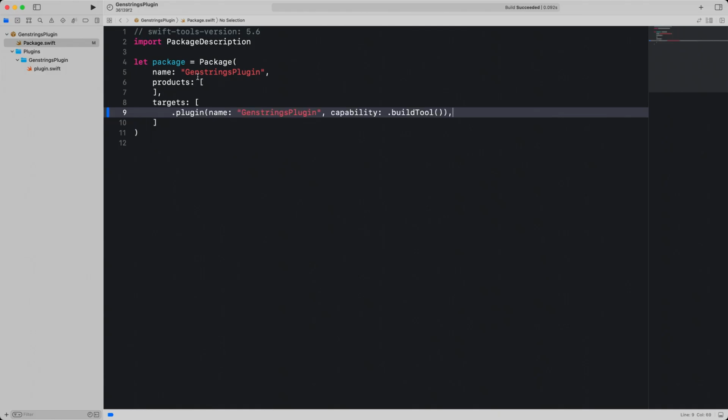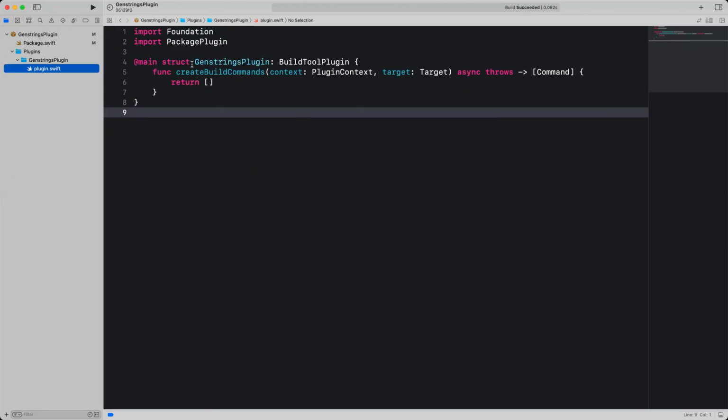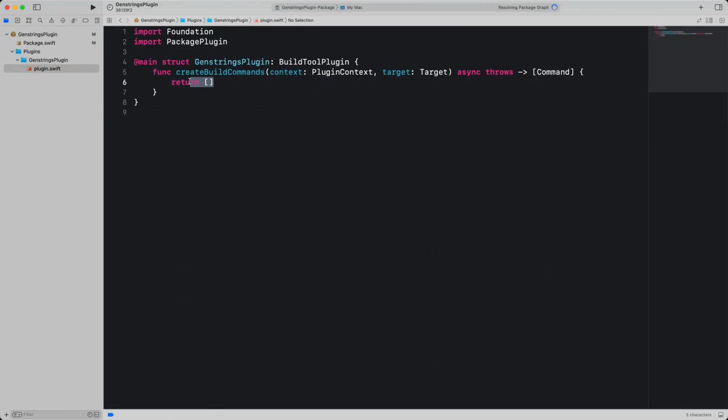To start, I've created the scaffolding here already. Now, in the package manifest, let's add a target as before. But we also add a plugin product. Similar to library products, this is the way to make a plugin available to clients of a package instead of just privately. We can write the code that we discussed earlier.